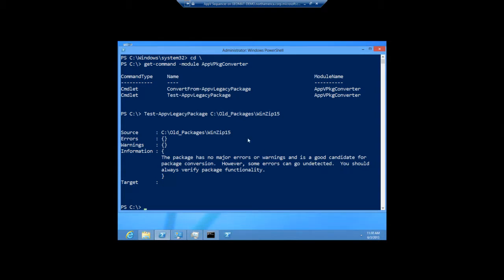Now, one thing that I'll stress is if we convert it, we still have to test it. That's part of the workflow. You don't want to convert the package and push it out blindly, assuming that it converts okay. But let's look at one package that